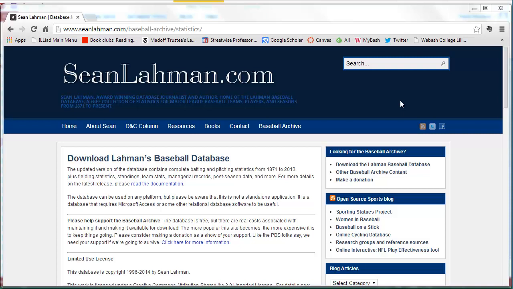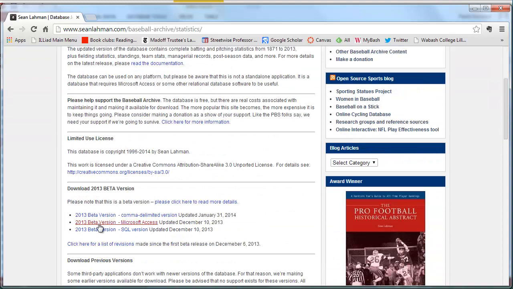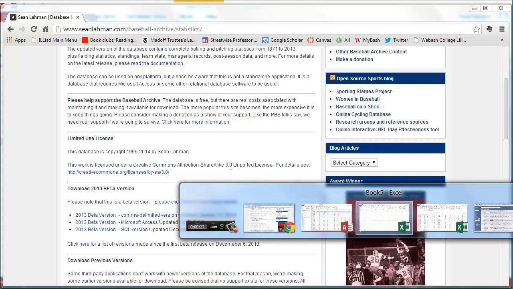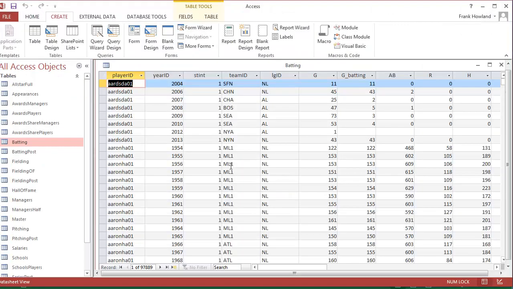In this screencast, I'm going to talk about how to work with baseball data. I've got the data from Lahman.com. The documentation is here, and what I've done is I went and got the 2013 beta version, the Microsoft Access version of that. I downloaded it and I extracted the zipped file, and let's take a look at the Access